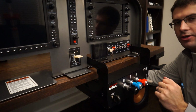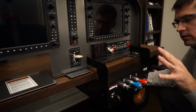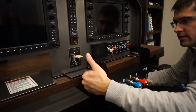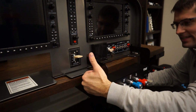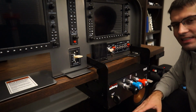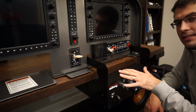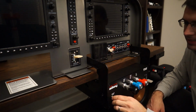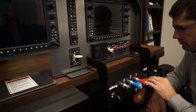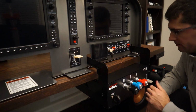I actually have some underbracing cable management that's in the way of this yoke or this throttle going all the way back. That's why you see a little bit of this angle here and this gap here. So if you don't have anything under your desk, that's really important to take into consideration, because otherwise it'll get in the way. But you can see here basically landing gear, throttle, prop, mixture, you got your flap lever,